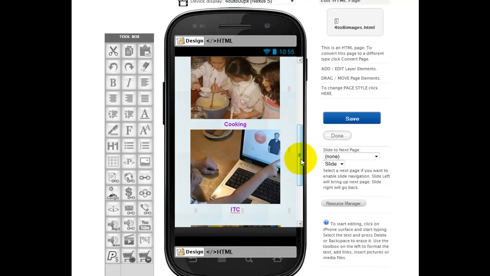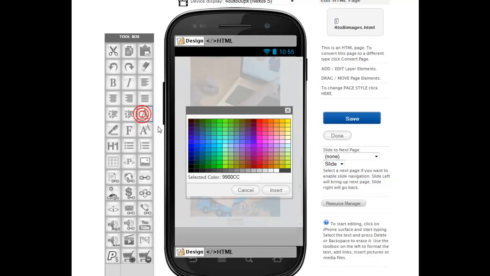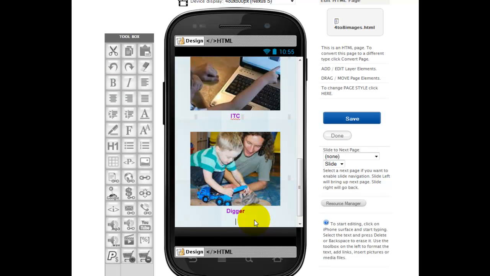And this one, the site called Simply Digger, D-I-G-G-E-R, Digger, is because it's a child playing with a digger. Again we click the same one, insert, and we'll bold it, and then we look for another one, and we'll